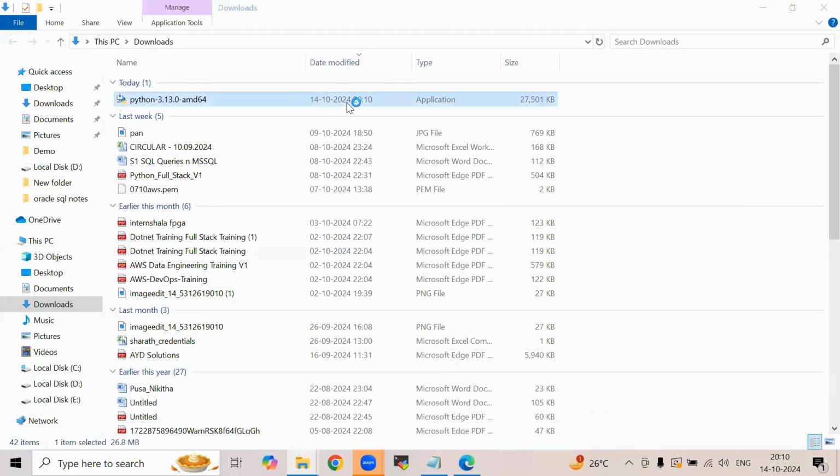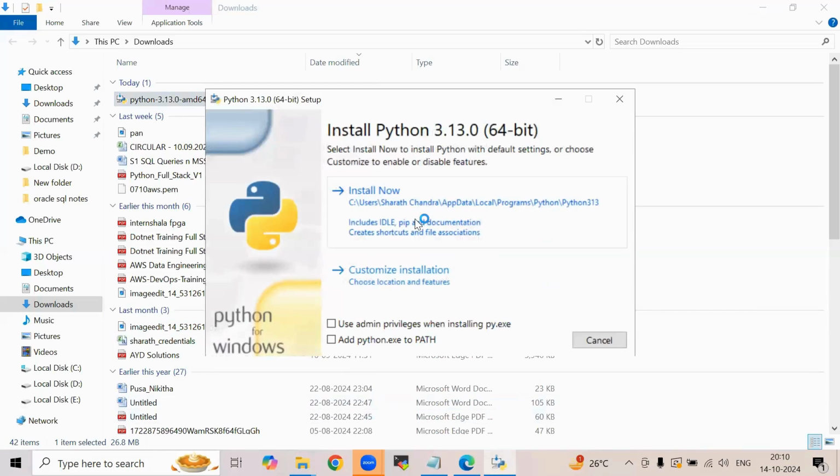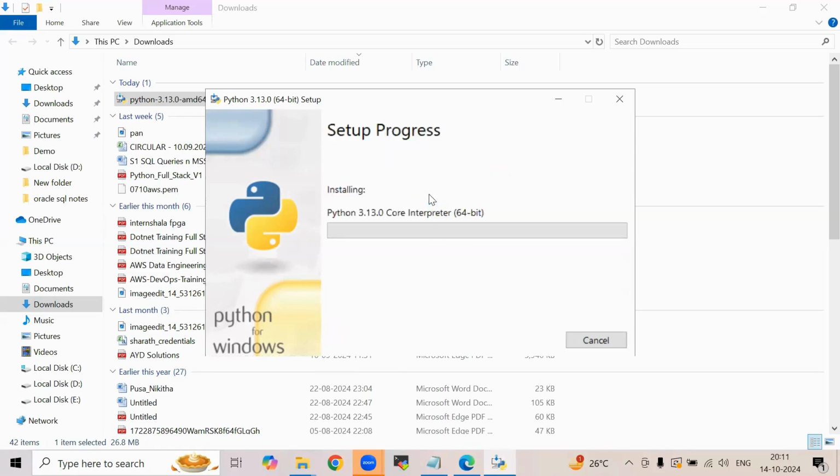Just click on this. Here you'll get something like install now. You can add python.exe to your path, or else I'll add the Python file to the path later. So I'll just click on install now. Now Python will get installed. Very easy step: just go to the Python website, download and install.